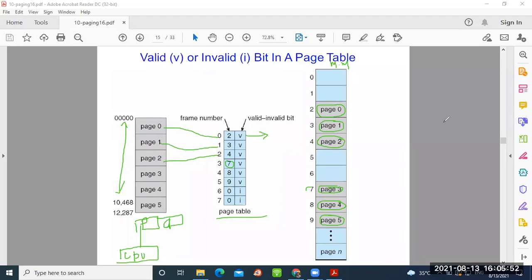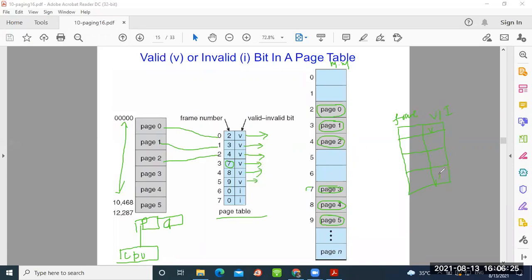In case of the page table, we will have two entries. In case of the inverted page table, we have two entries: the first entry for the frame number, and the second entry for the valid and invalid bit. If the frame is valid, where there is V, V means valid, that means it has a valid location. That means the page is not corrupted or it is available in memory.